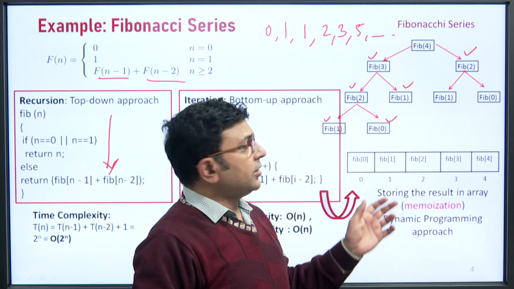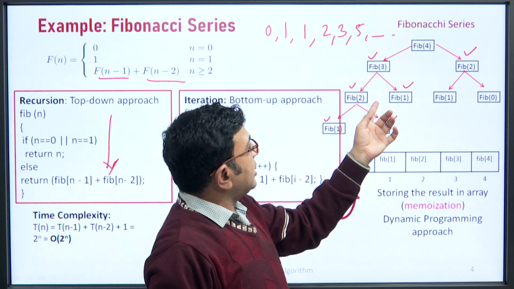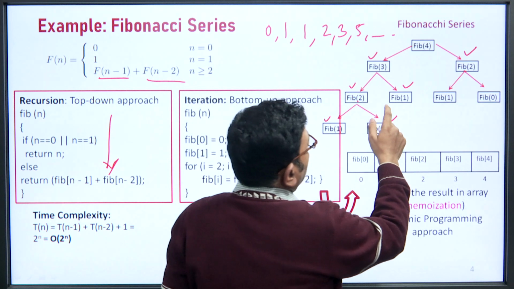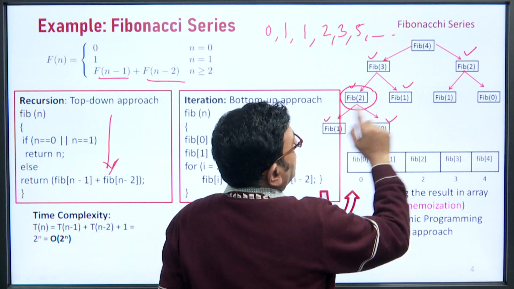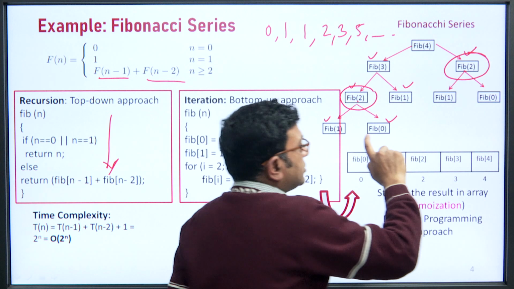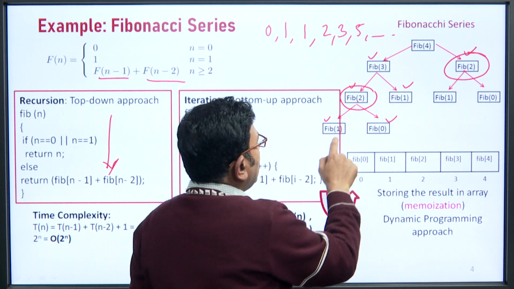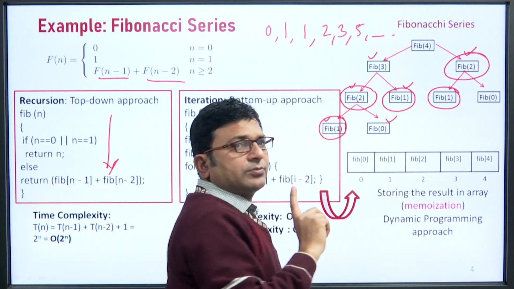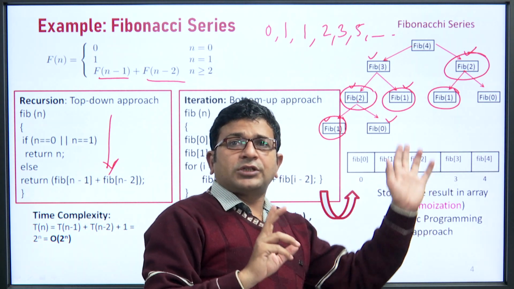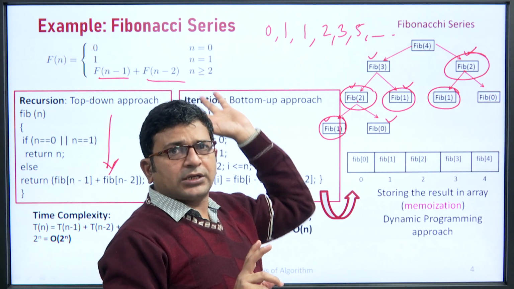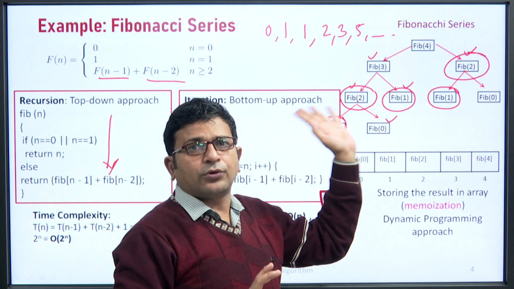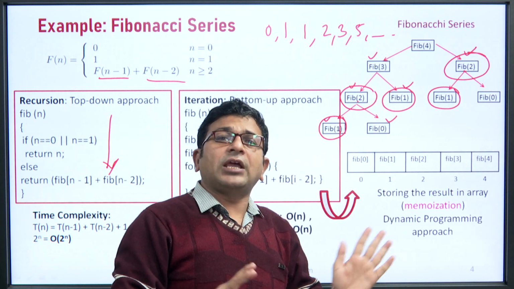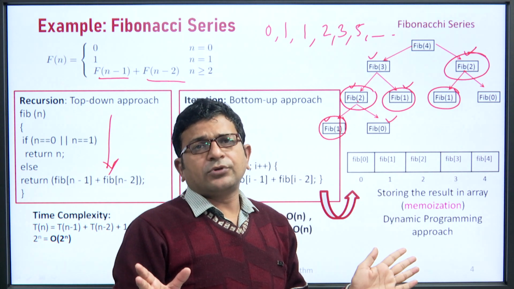Now, just see, in this problem there are sub problems which are common. Just see here Fibonacci of 2 and here also Fibonacci of 2, these 2 sub problems are common. Similarly, Fibonacci of 1, Fibonacci of 1, Fibonacci of 1, these sub problems are common. If we solve this problem by the simple recursion method, it will solve these common sub problems repeatedly, it will solve every sub problem one by one. So, it would take time.